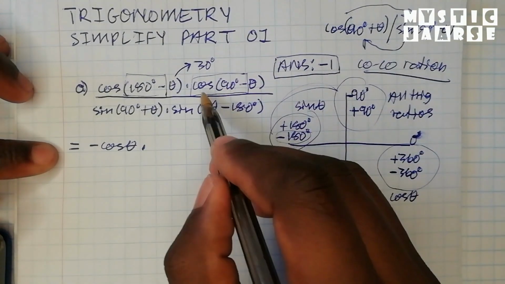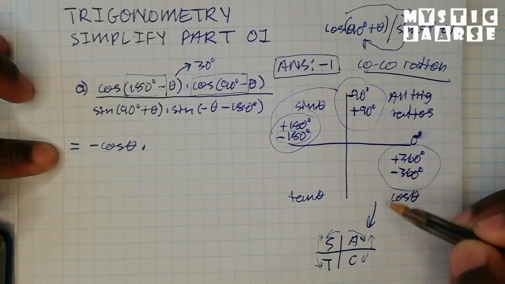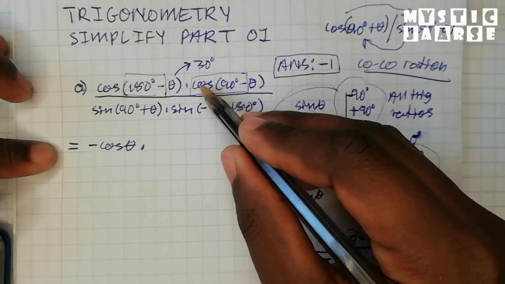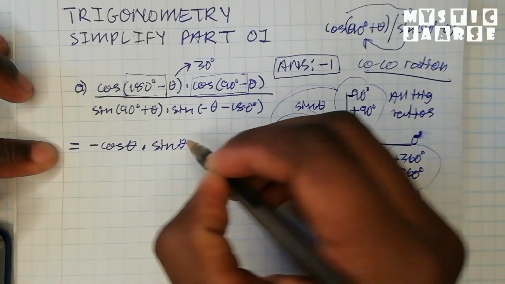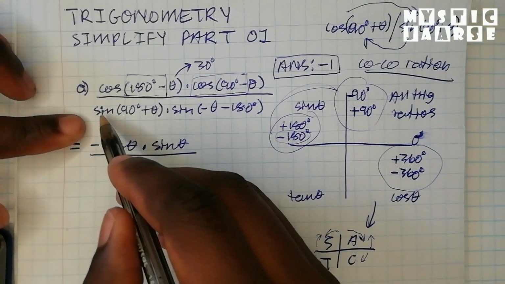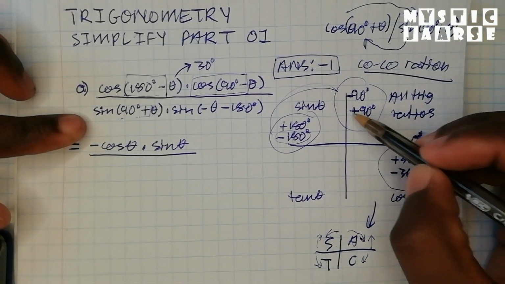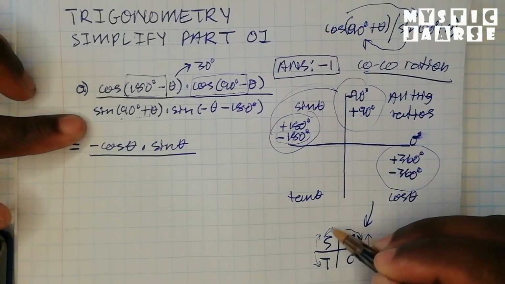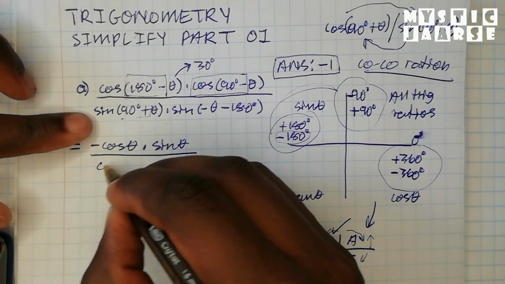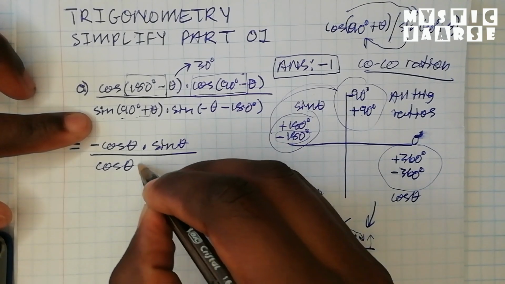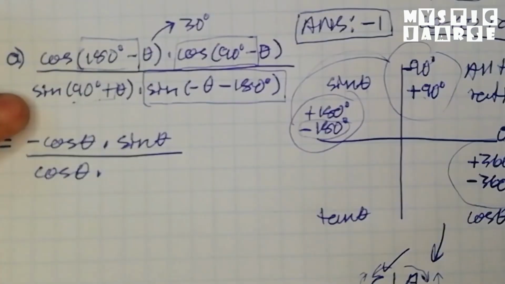So we have 90 degrees minus theta, so this is the first quadrant. So cos is positive, but then cos is going to change into sine, so we will be having sine theta, all divided by, we have again sine of 90 degrees plus theta. So 90 degrees plus is the second quadrant where sine is positive, but this sine is going to change into cos, so we will be having cos theta multiplied by, now this is in a form that we are not